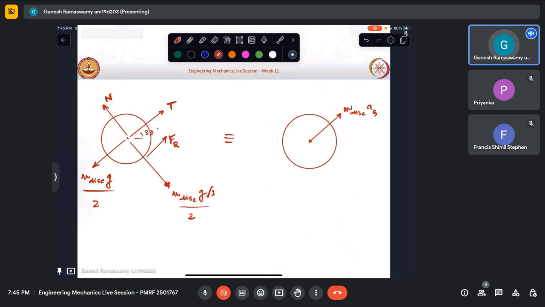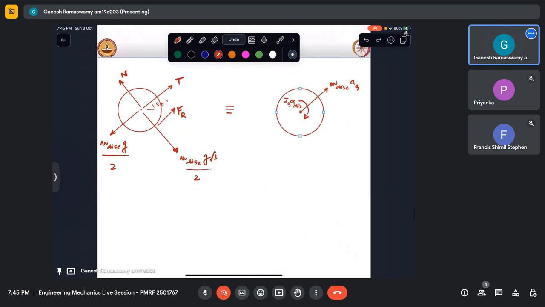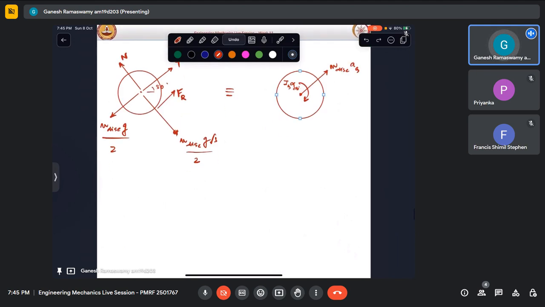And then it is also having, so rolling without slipping is a case of general plane motion. So Ig alpha also comes, alpha of the disk. Okay. So now we have the kinetic diagram and the free body diagram. So let us write the equations of motion,